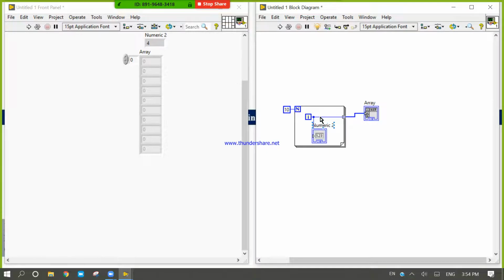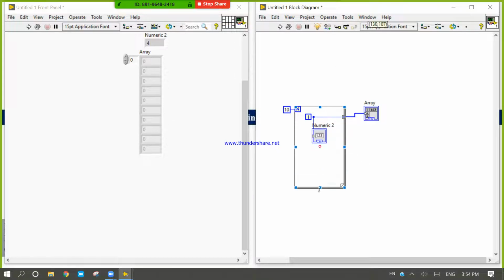The data comes here, and one buffer has been created by this index tunnel, and that buffer stores all the data while the program is running. When the program has stopped execution, it passes the data to the display. Good, I think it's done.